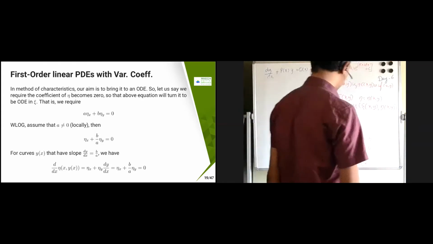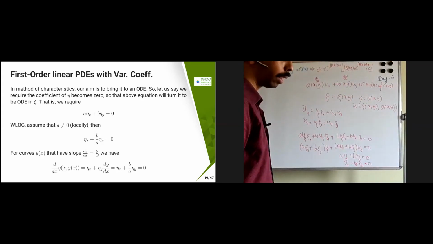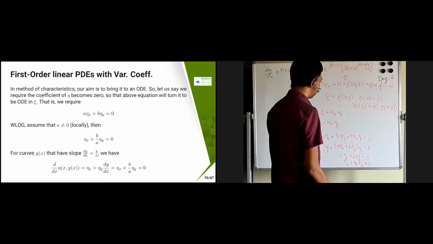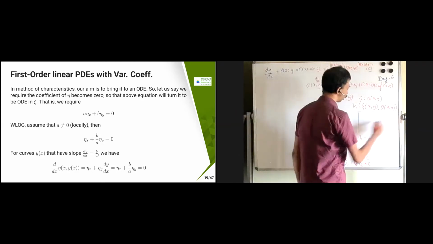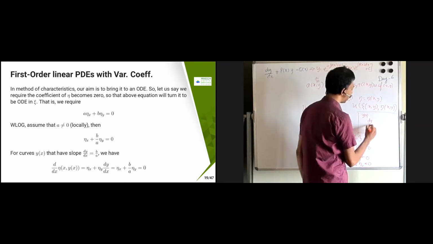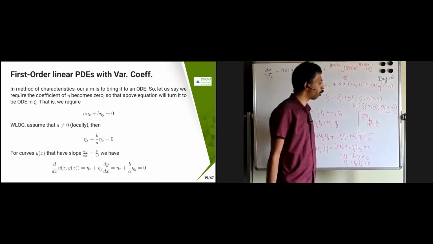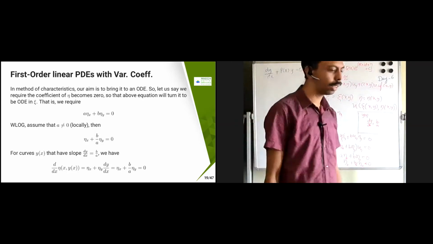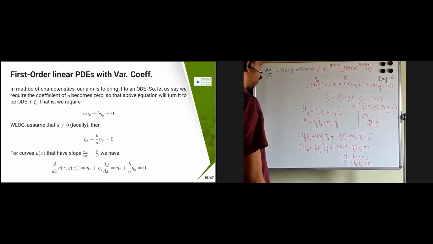Now if you remember this one, if you see the curves y of x, you take a curve y of x such that dy by dx equal to b by a. The slope of the curve is dy by dx equal to b by a. Then what you can find is that